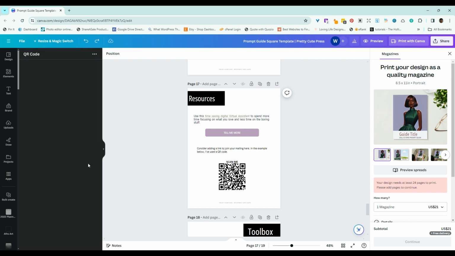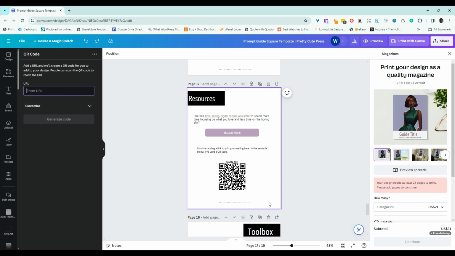And you'll open that, and you would want to put the link to whatever web page or landing page that you want them to be led to. And then once you have your link in here, you'll hit generate code and add it here